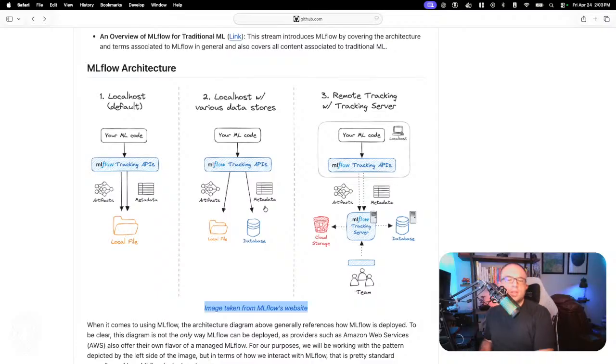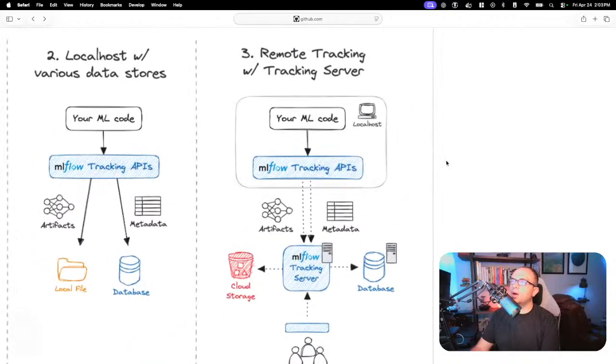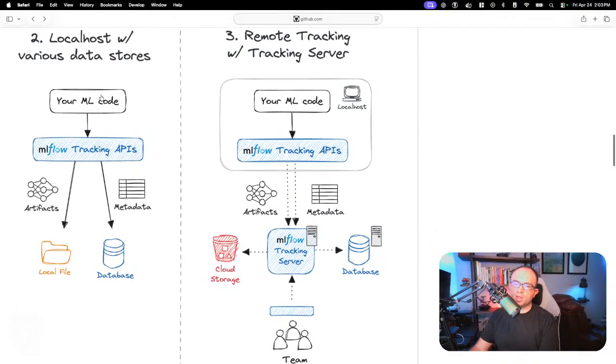What they were basically intending to do here is show three different ways that MLflow can manifest. I'm going to hone in on this right side, and then we'll jump back to the left side, because the left side, number one, is actually what we're going to do here. But I think the right side of the picture covers a more robust production version better than the other two do. Essentially, you can see at the top is where we might be doing our work. There's a localhost, which might be your local laptop, your desktop, or a server that you normally do your data science work in.